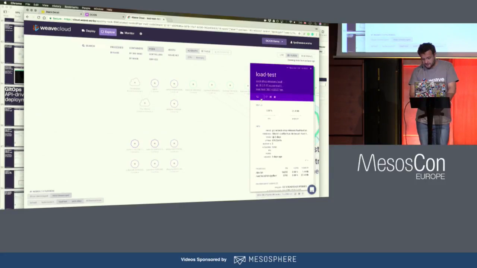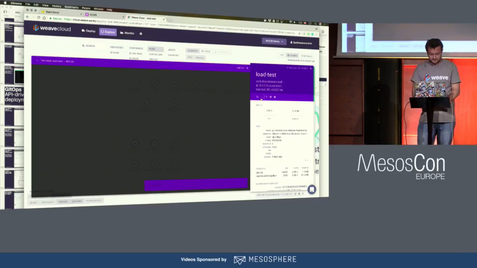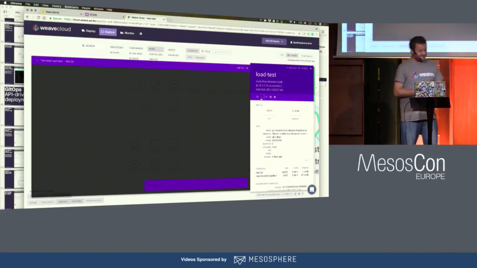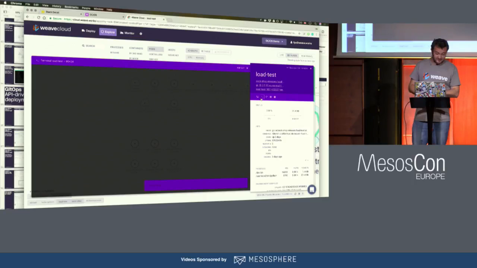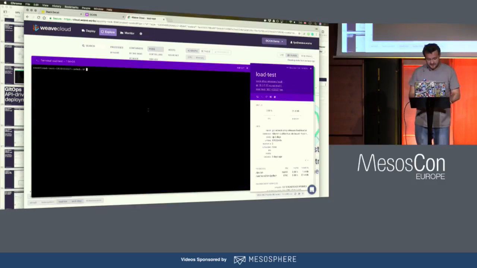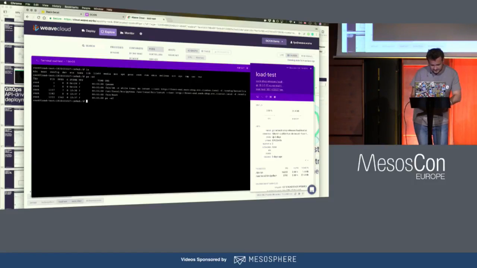Okay. So if I'm super curious, I can actually go into one of the containers inside this pod and have a look at what it's doing. Ooh, is this working? It worked earlier. The only problem we may have is Wi-Fi. Oh, cool. All right. Okay, so what do we got? Well, I'm just going to do this, right? Okay. It's running this, and there is this config file that specifies the load test.